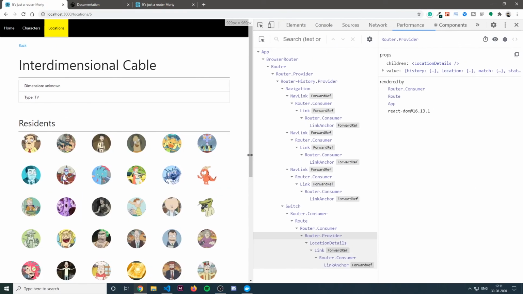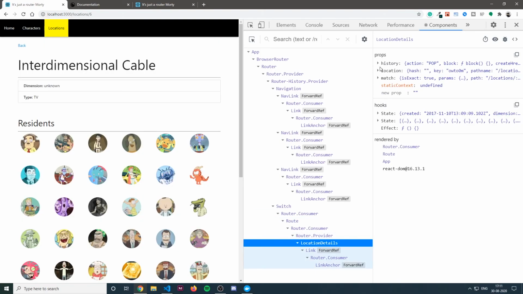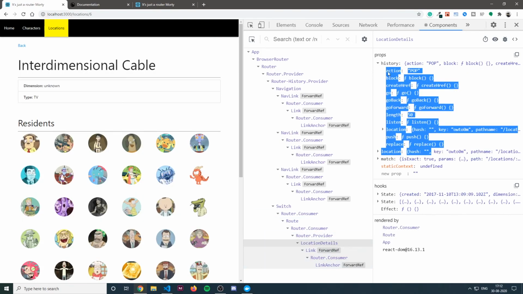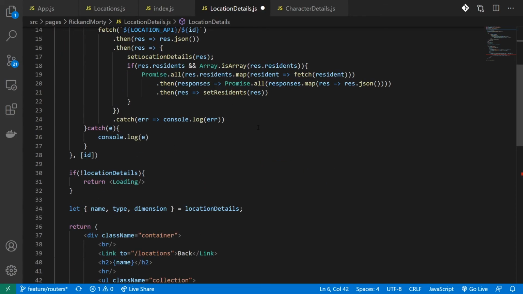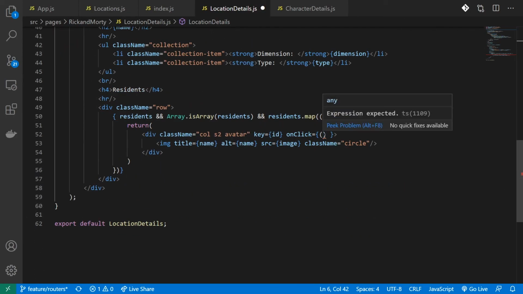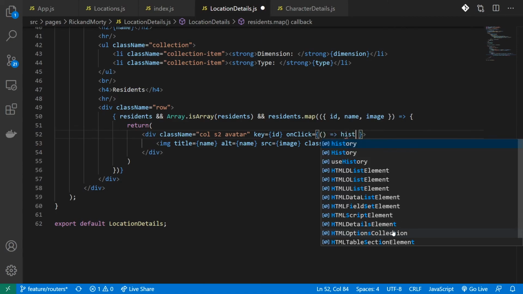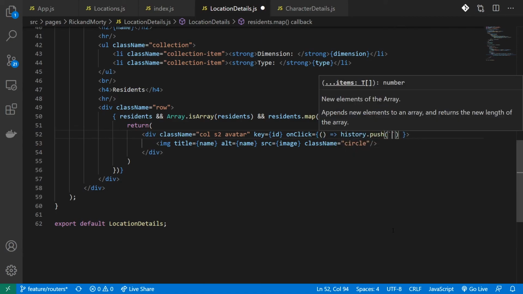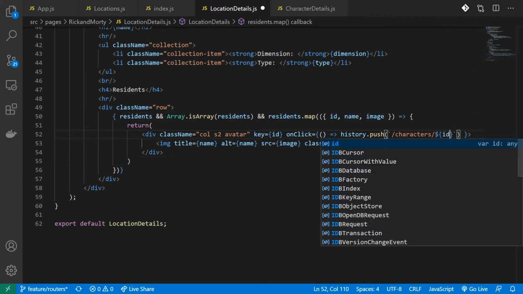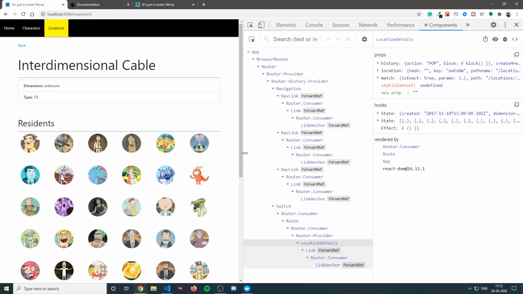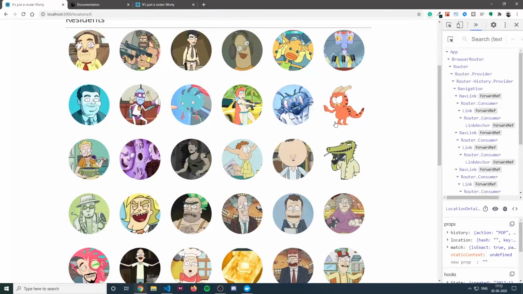And remember, this is getting rendered by a route matcher, so I have access to the history property. So let's use that. Let's get history. And on click, I'll use history.push. I'll have to go to my characters/that particular ID. I'll hit save. When I go back, when I click on a character, I'm now redirected to character details.